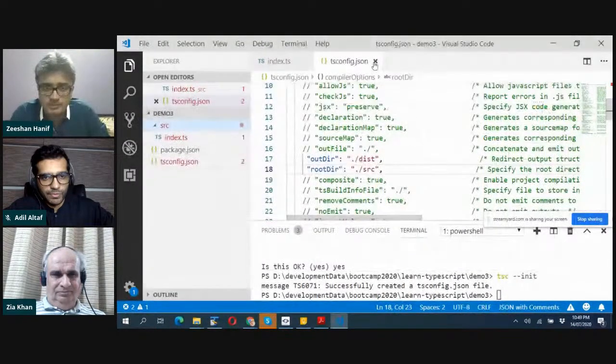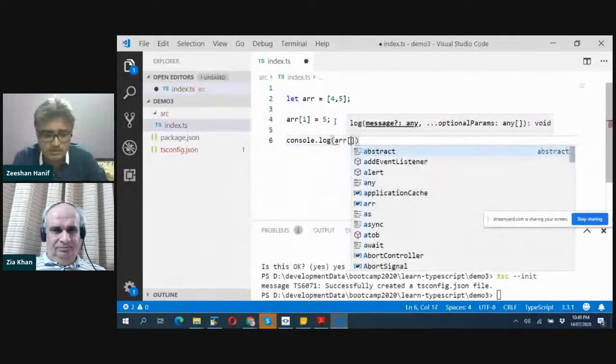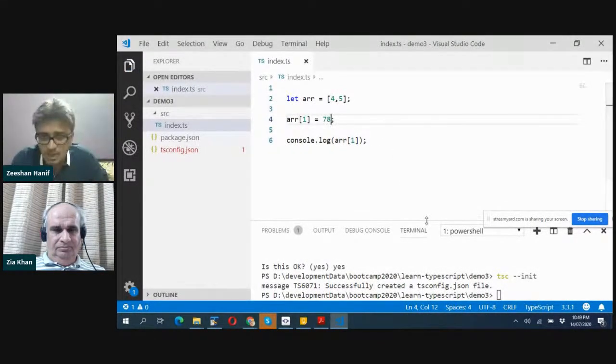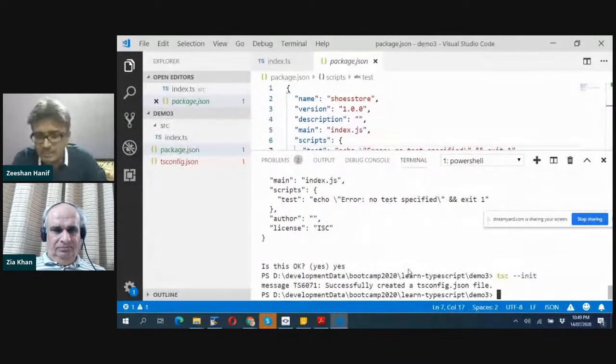Okay, so now my ts file is inside the source folder. console.log arr1. Now we don't need to do anything. We have the tsconfig file, we have package.json. I just run the tsc